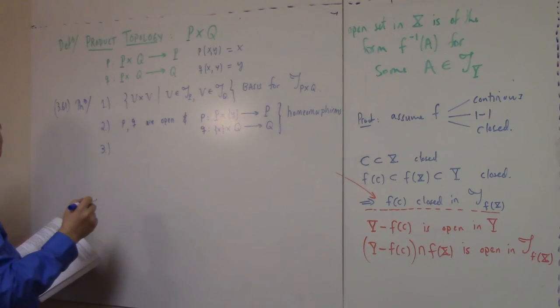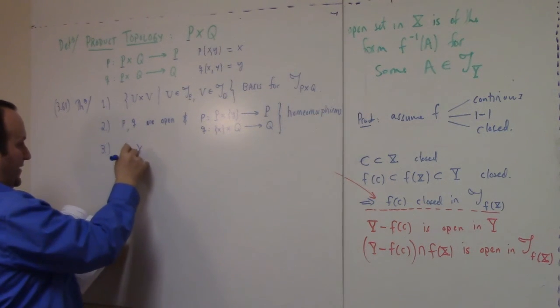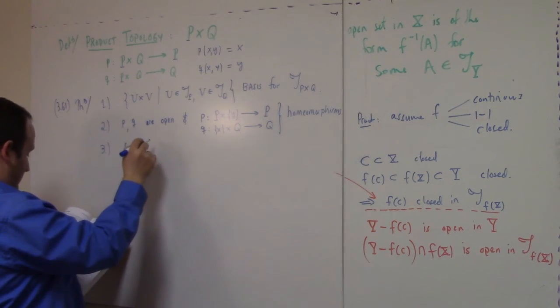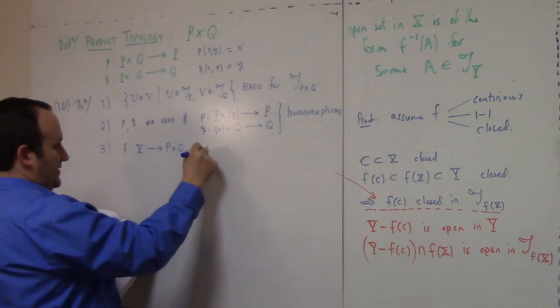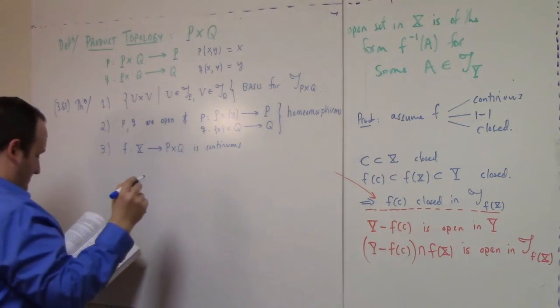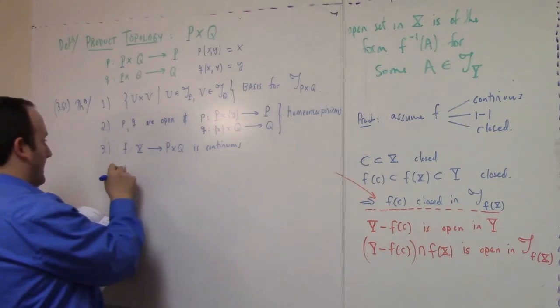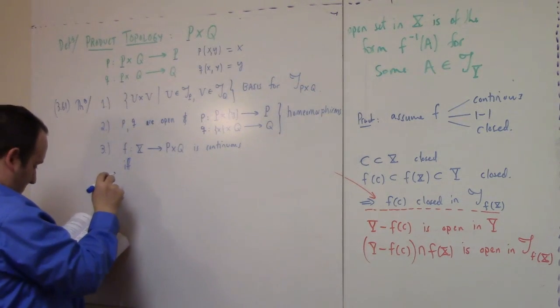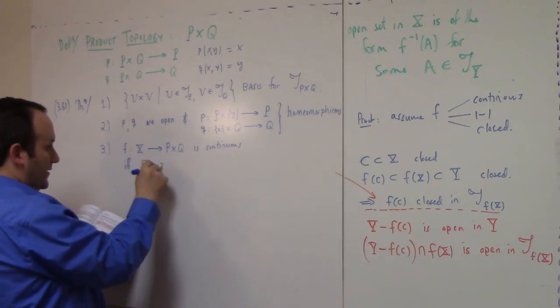This almost feels like advanced calculus, this right here. f, a mapping from X to P cross Q is continuous if and only if f1, which is equal to p composed with